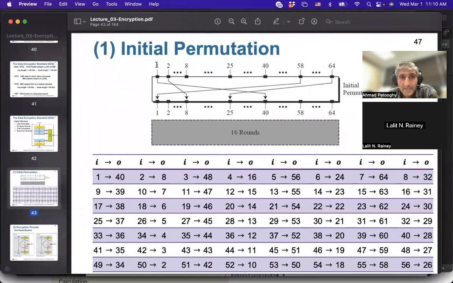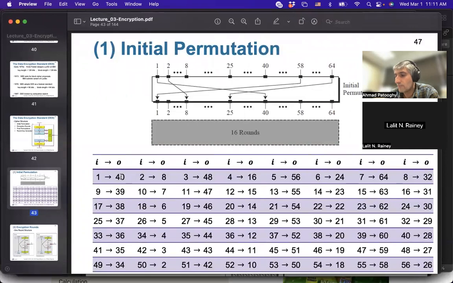So look here, this is bit number 1. I explained this in the videos as well, but I'm saying it again. The left bit, the most left bit, I don't want to say most significant because here we don't see them as values. We don't see them just as symbols or bits. The most left bit here is counted or indexed as bit number 1. And the most right one is labeled bit 64. So, this table tells me that bit number 1 of input should go to bit 40 of the